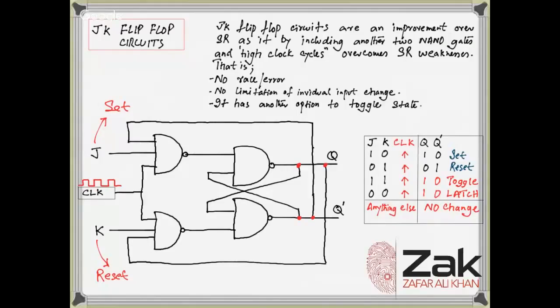This is JK. J is in set, K is in reset. Jack Kilby was the person who improved upon this SR flip-flop for the reason that this SR flip-flop had one weakness, error. Remember, in NOR SR, 1 1 was error, and in NAND SR, 0 0 was an error. How to avoid that error? What he did